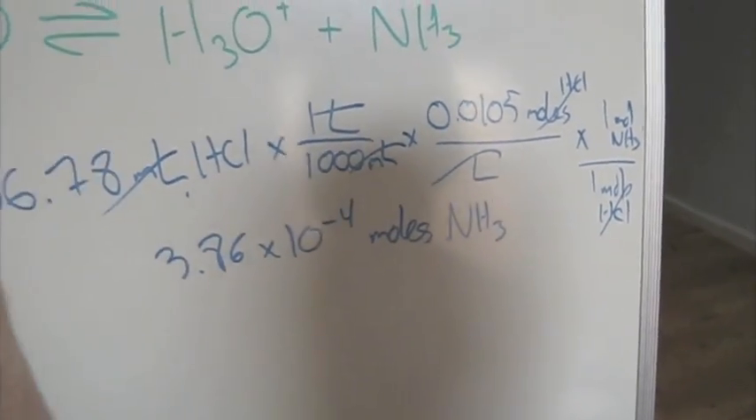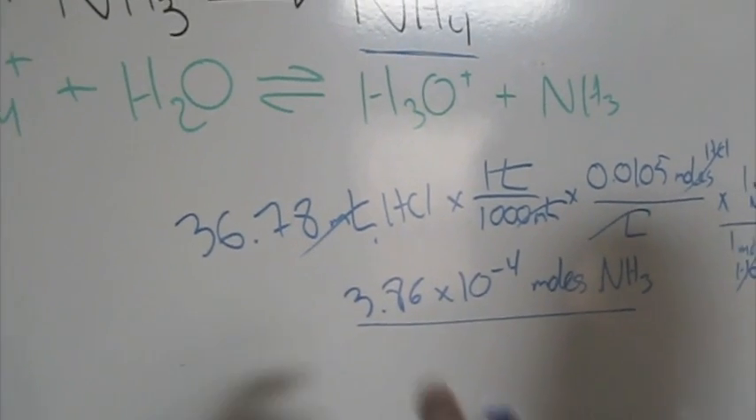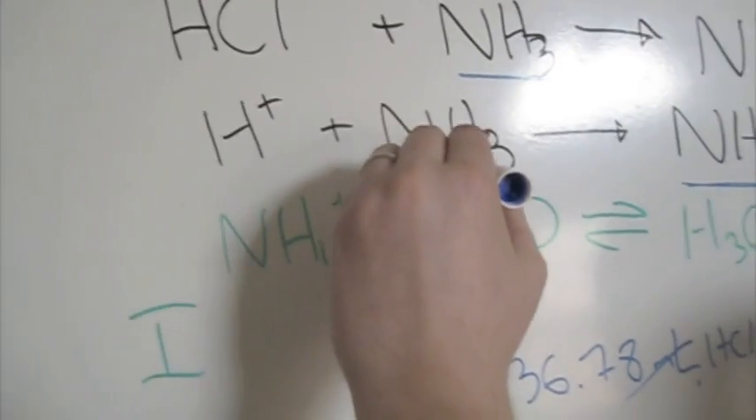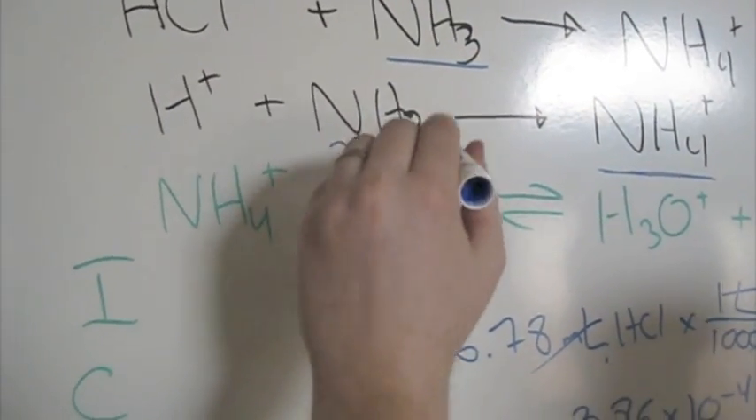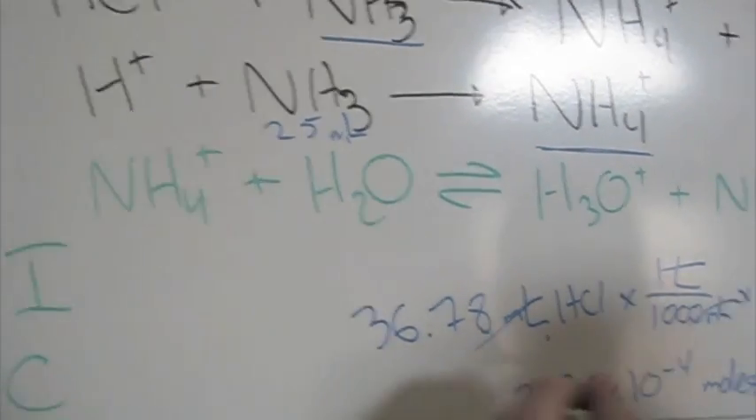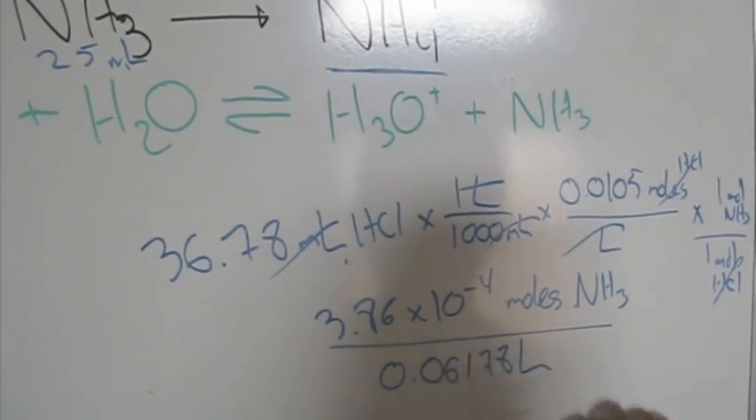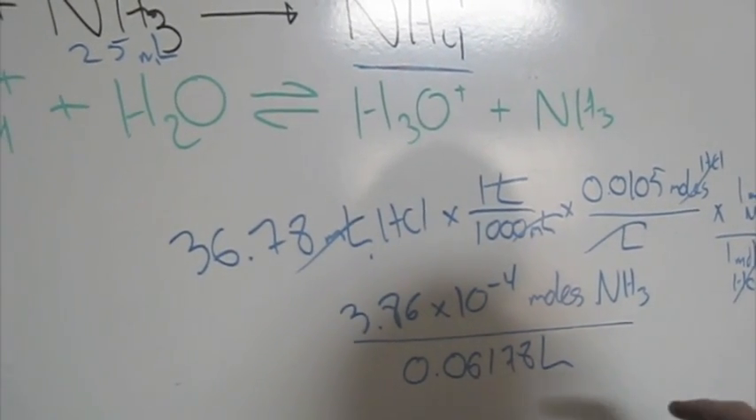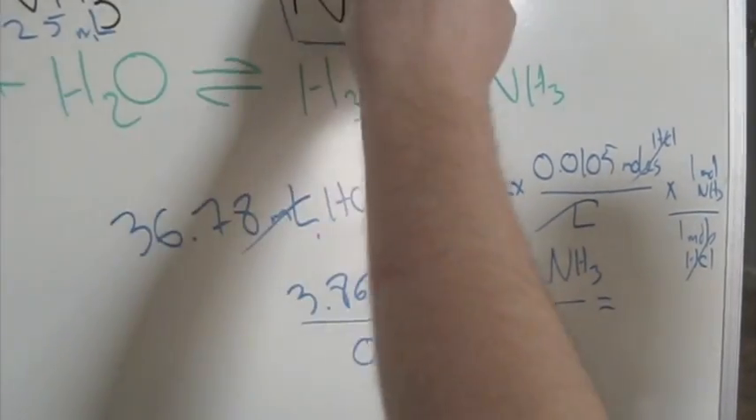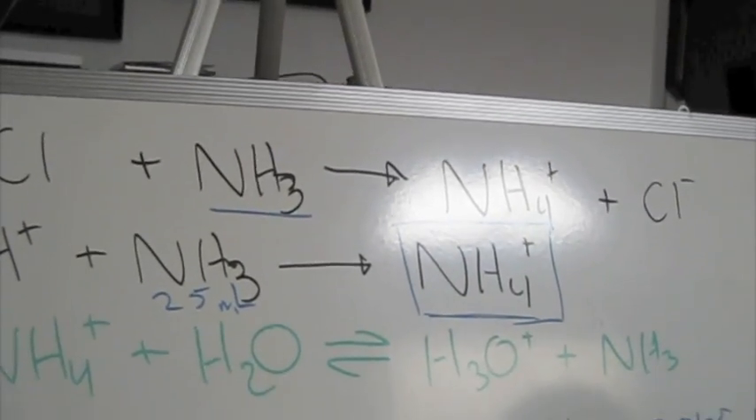To find the new concentration after we've added the solutions together, we have to divide by the total volume. 36.78 milliliters of HCl are added to an initial volume of 25 milliliters of ammonia. The total volume, therefore, is going to be 61.78 milliliters, which translates in liters to 0.06178 liters. If we then find the molarity of the ammonium ion after this first step, it is going to be, whatever it is,